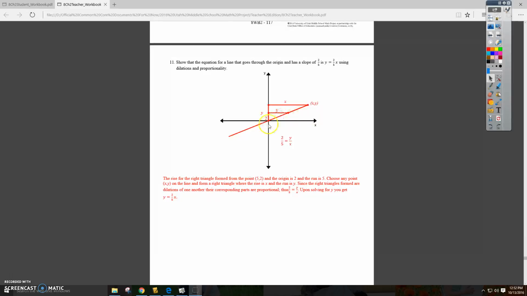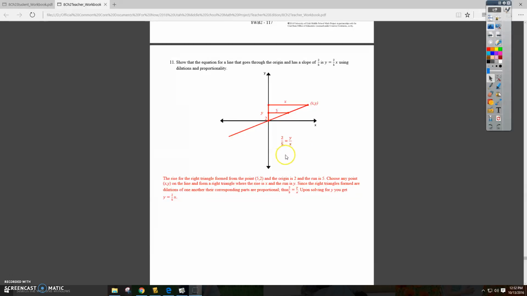And so that's a dilation because it looks the same, it's just bigger. Remember, a dilation creates similar triangles, and similar triangles are proportional. So we can use those proportions, 2 over 5, the rise over the run, to equal the other rise over run, y over x. And then when we multiply by x on both sides,